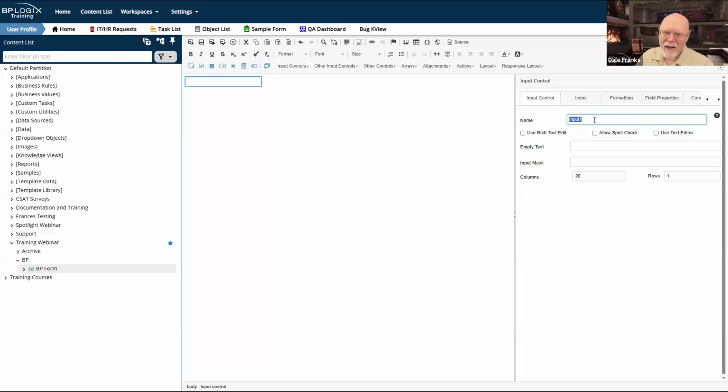Don't get all IT developery whenever you're naming fields. If it's somebody's first name, just call it first name. Just use simple, logical names. First of all, there's an accessibility reason for it. The WCAG AA standard requires that you use logical, comprehensible names for accessible form fields. So it's not just a good idea, it's the law. So keep that in mind.